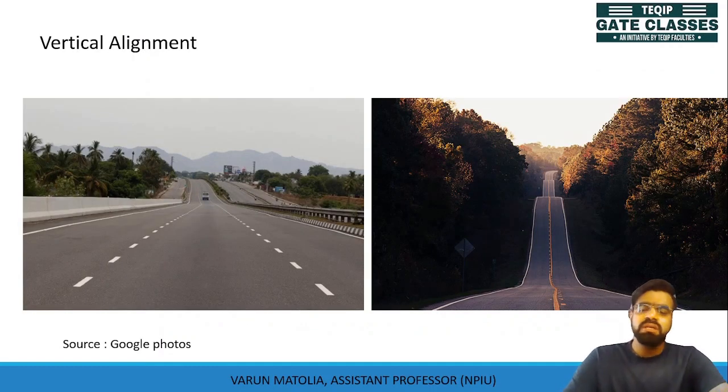You have seen these kinds of scenarios on the road. Whenever we are traveling on road, we encounter many situations in which we have to climb up the slope or drive down the slope. So these slopes are made with various design characteristics. Vertical alignment includes vertical movement like upward movement and downward movement on the road.